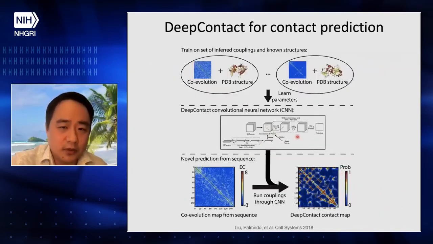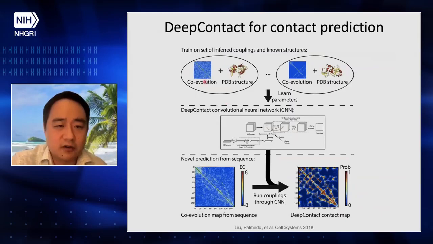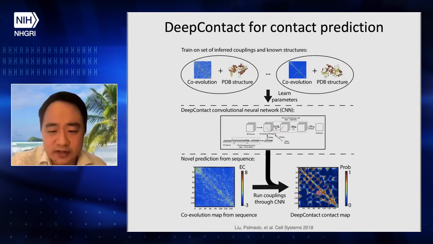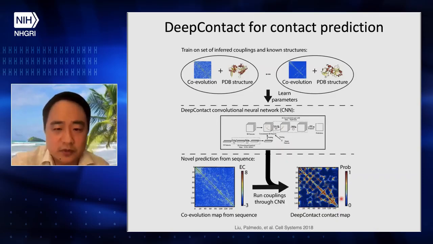So we build this model, and we learn from the co-evolution. You can see this is a very noisy signal. And then we go through all this hierarchy. This is a hierarchical neural network, a deep convolutional neural network, integrating all kinds of features. And on the bottom, you can see that this model denoises the original co-evolution patterns, and also generates a contact map that looks very similar to the actual contact structure.